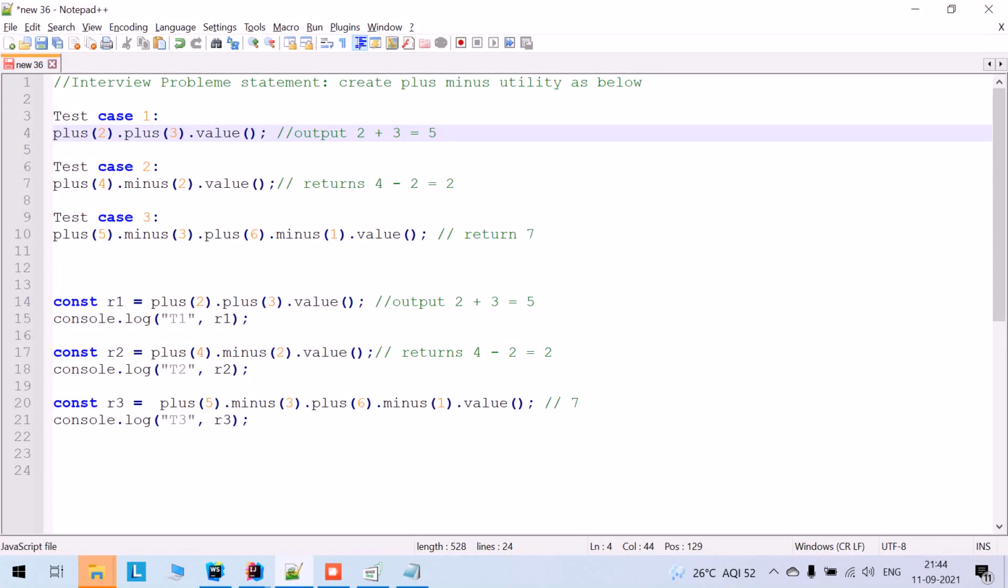Hi everyone, let's discuss one of the JavaScript interview questions. Here is the question. So we have to design a utility like this. If you want to add more than one number, you can do it like this: plus 2